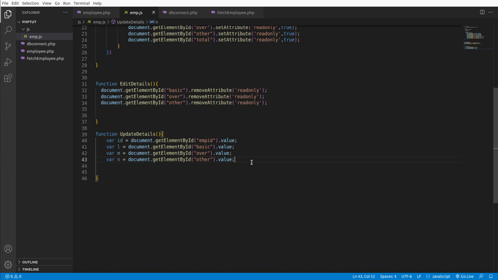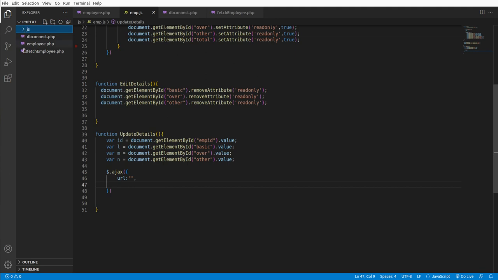Now finally we'll use Ajax Query. Again it's the simpler one, $.ajax. Now we need to take care of three attributes. First is URL. URL will be the name of that PHP file which we are going to call upon. Okay, so let us consider we will create one file named as